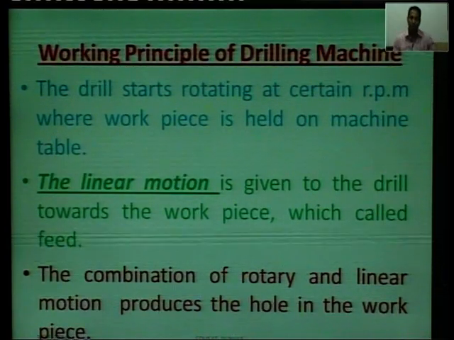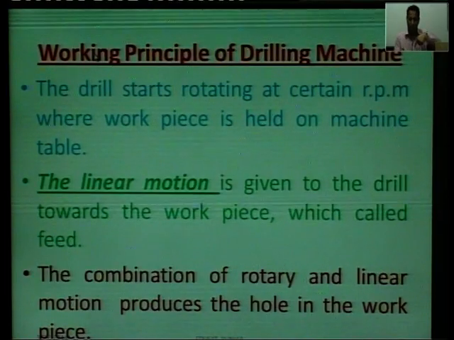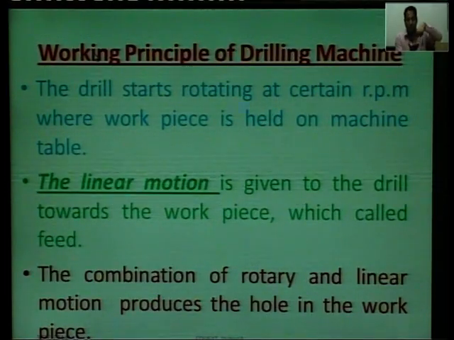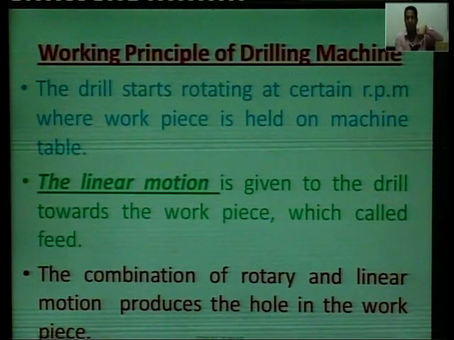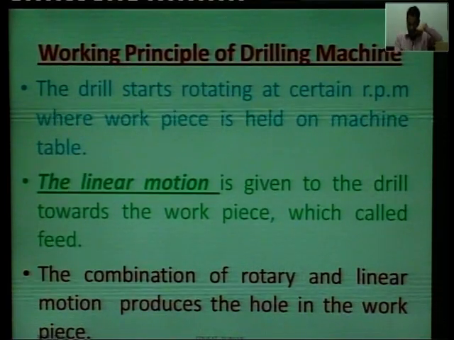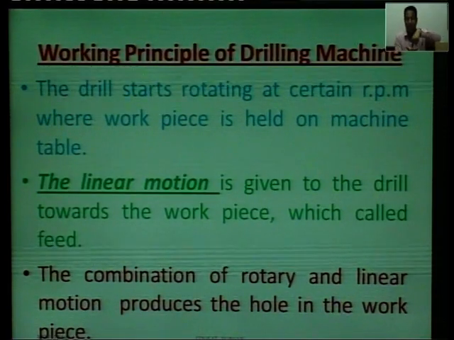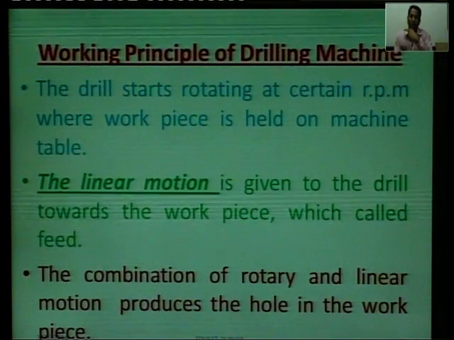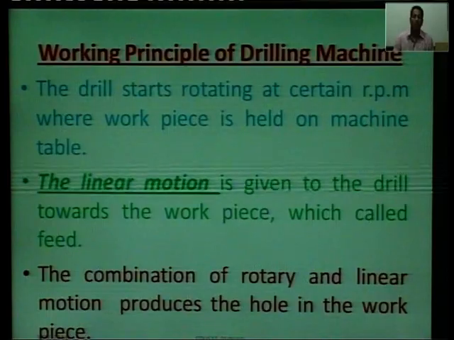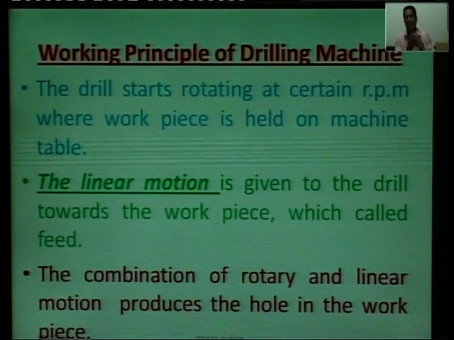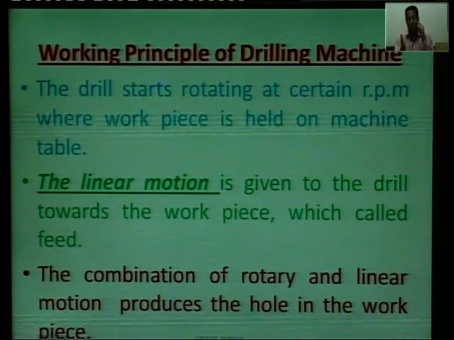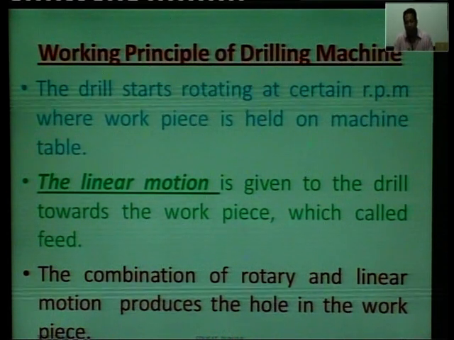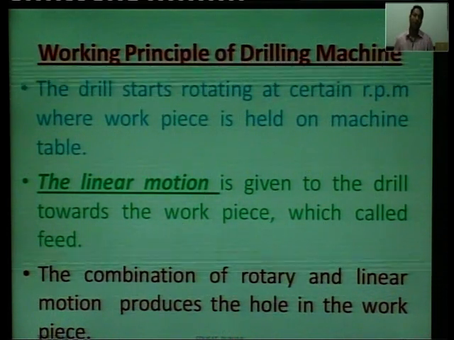So rotary motion is very, very important, and for that we give a certain RPM. Then linear motion, downward or upward or horizontal, from left to right or right to left, is given to the drill towards the workpiece so that it can make a hole inside the workpiece.